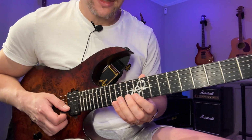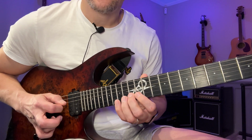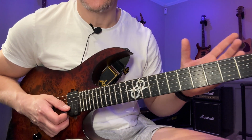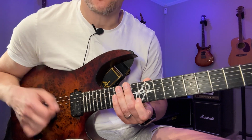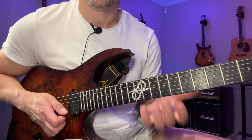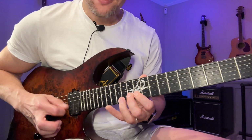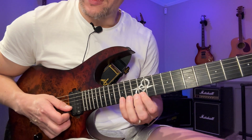And also if you feel like, oh, this works really well, but I would actually want to try it a bit faster, do that by all means, but make sure that you always have the accuracy, you always have the tone that you want, and you always feel relaxed when you do it. All right, so you do that for 5 minutes, 1, 2, 4, and then you probably guessed it, you're gonna do 1, 3, 4,